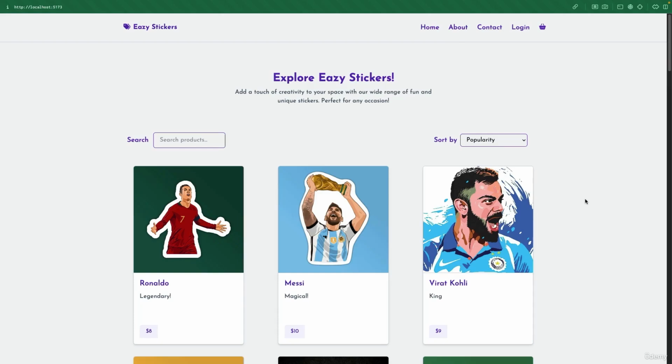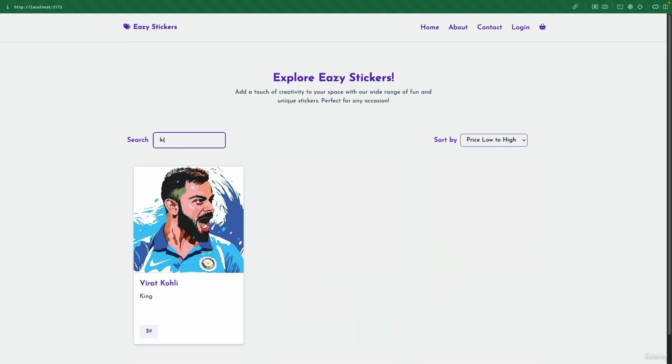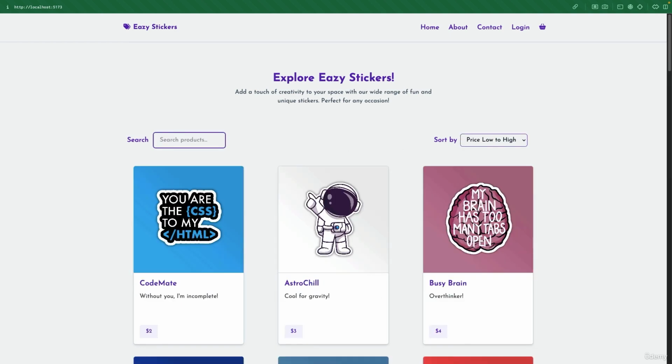Welcome to the new section. Inside this section, we're going to explore how to react to the events inside a React UI application. In the same process, we're also going to explore React hooks, which is the core concept of the React library. By the end of this section, we're going to build this search and sort by functionalities inside the homepage of